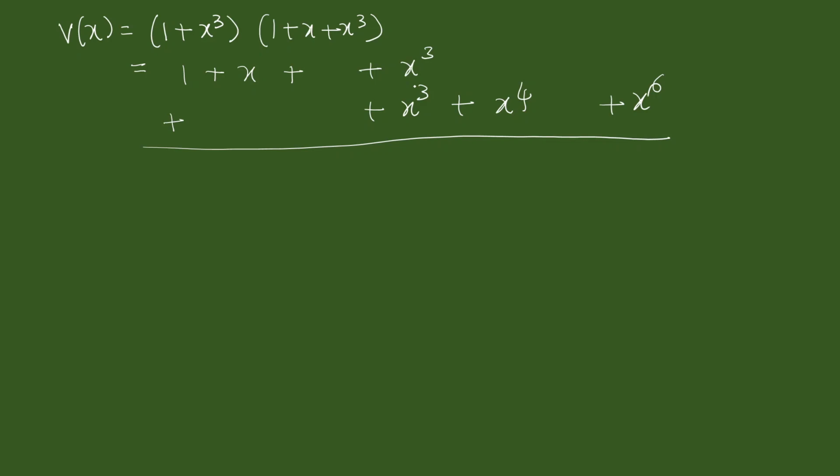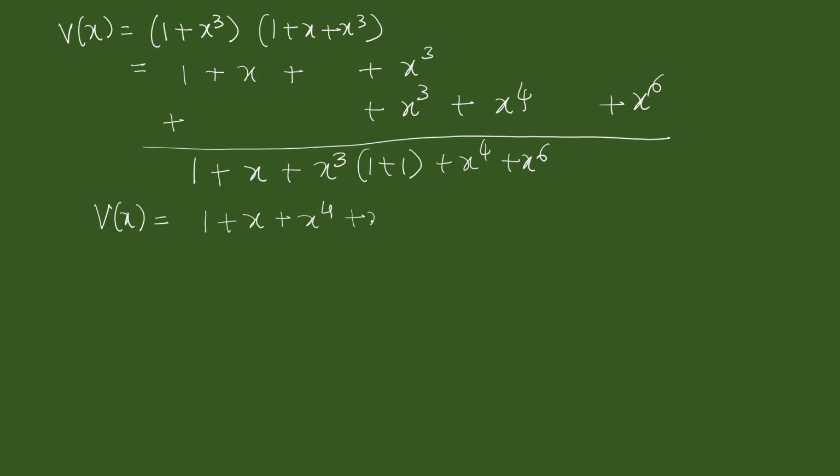Once I do this, add the two sequences. You will see the similar terms are only x power 3 and x power 3. So it is 1 plus 1 plus x raised to 4 plus x raised to 6. As we know, in modulo 2 addition, 1 plus 1 is 0. So the resultant code vector polynomial is 1 plus x raised to 4 plus x raised to 6, which can also be written as 1 into x raised to 0, 0 into x raised to 1, 0 into x square, 0 into x cube, 1 into x raised to 4, 0 into x power 5 plus 1 into x raised to 6.